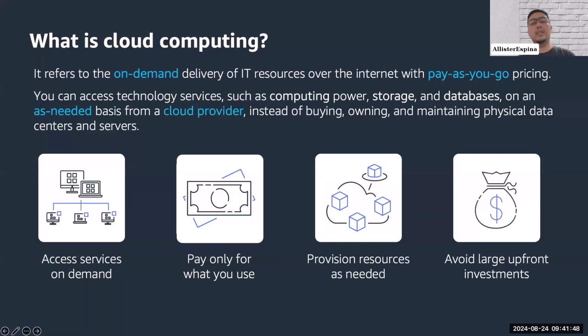So these are the characteristics. Previously we had the pre-test to check on your knowledge. So just remember these are the characteristics: on demand, you only pay for what you use, and you provision the resources as needed to avoid upfront